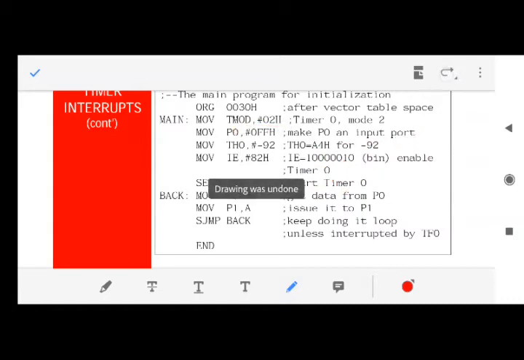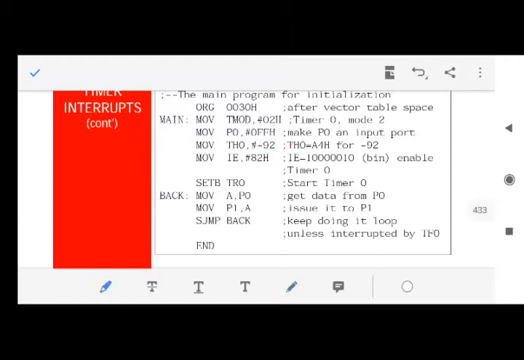Fine. And then we have written value FF to port P0. Why do we do this? To make port 0 an input, because we have to take the value into port P0. And then we have loaded the value minus 92. What is this minus 92?